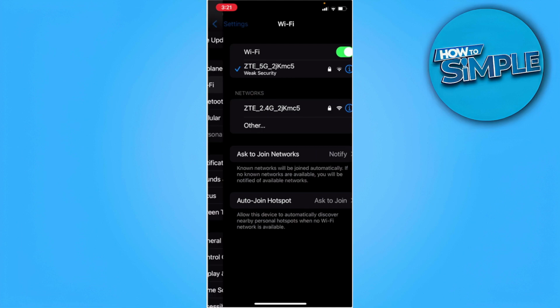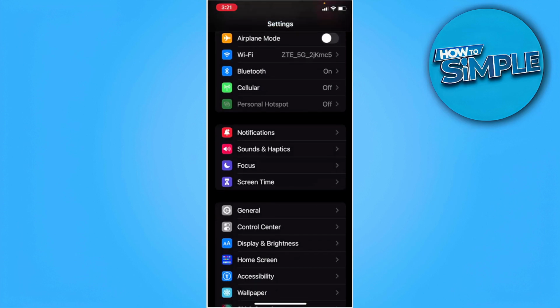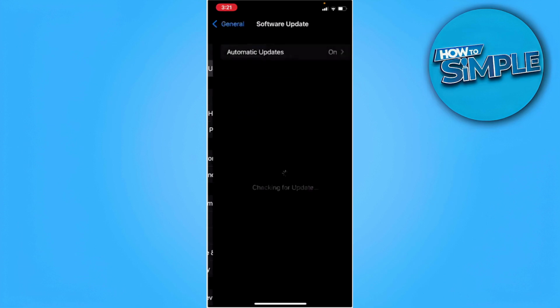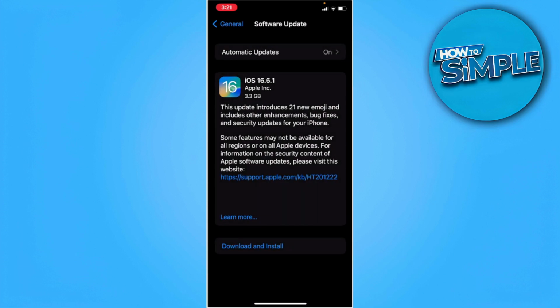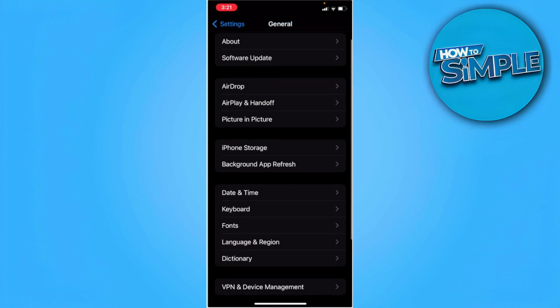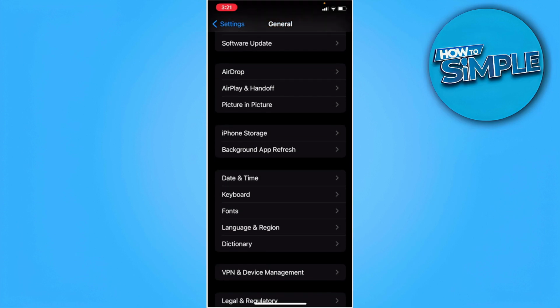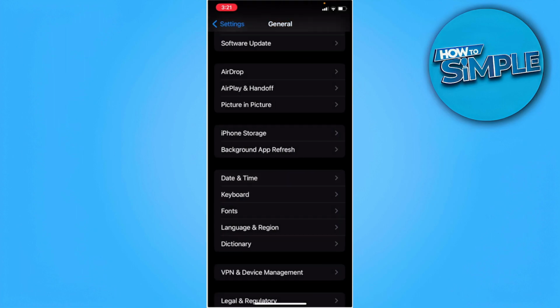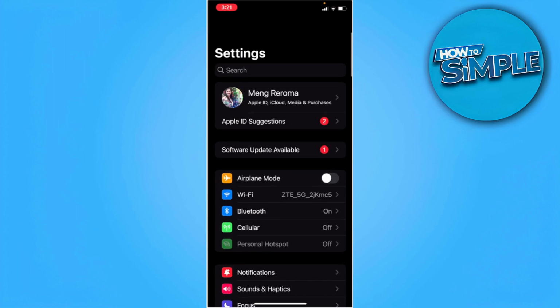Next thing you want to do is go to the general settings. Now you want to go to software update and make sure that you have the latest version of your iOS. Next thing we want to do is go to date and time and make sure that the set automatically setting is enabled. So after we have done all those settings, we want to go to our Apple ID